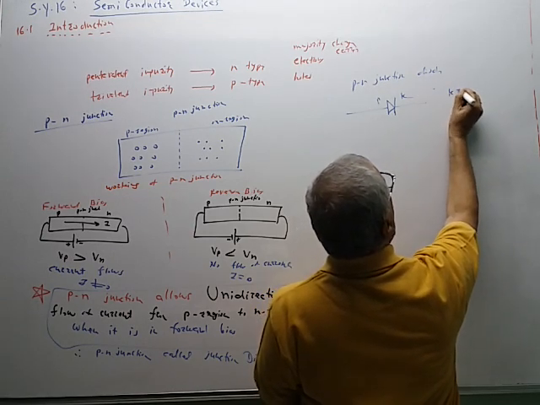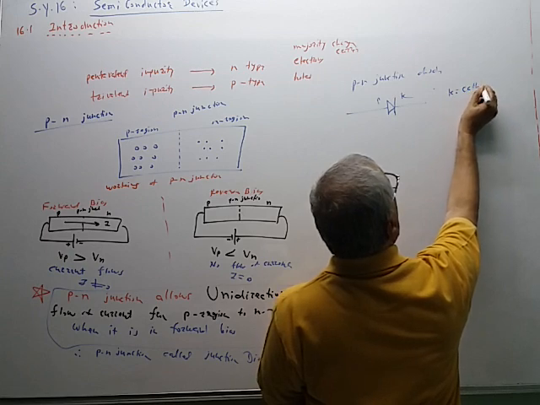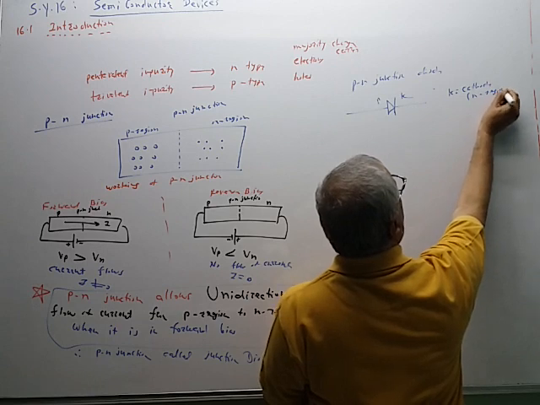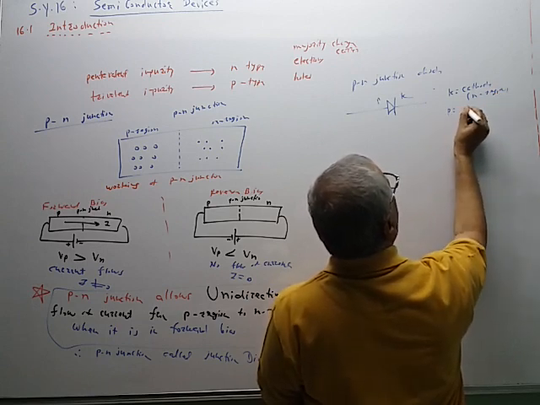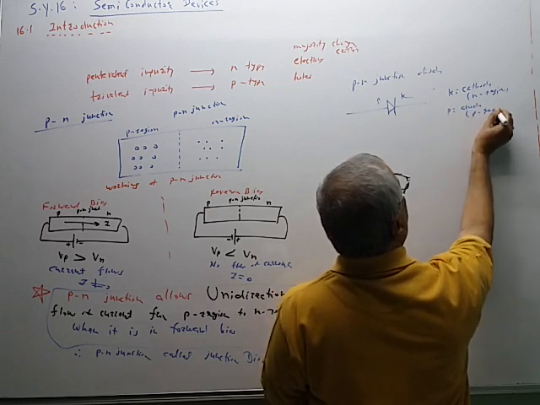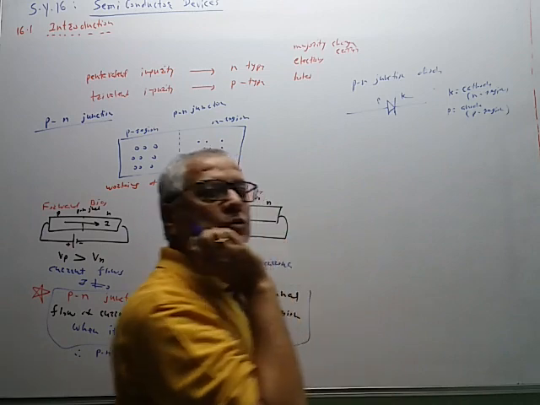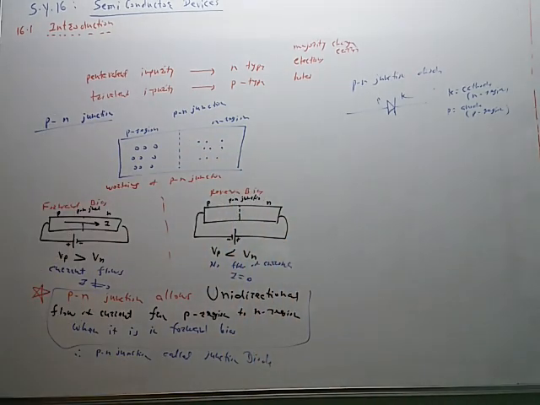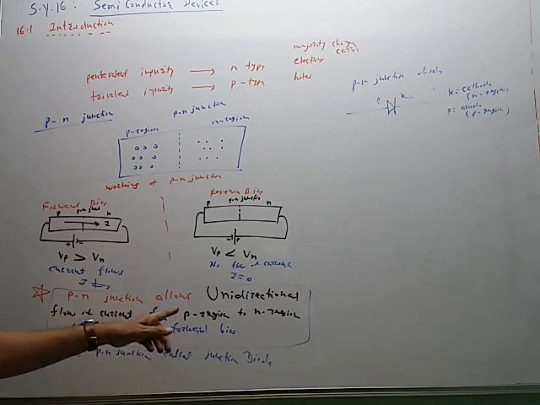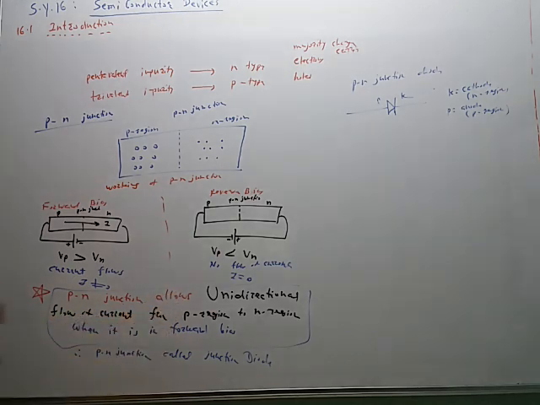We use the letter K for cathode, the N region which supplies the electron, and A for anode. It is a P region. So this PN junction has two electrodes, anode and cathode, and therefore it is called a diode. So this property, unidirectional flow of current, is allowed from P region to N region. Therefore, the diode is used in rectifier circuits.